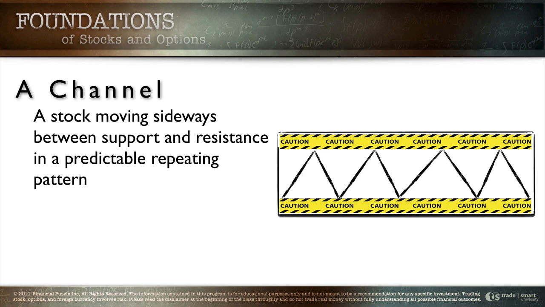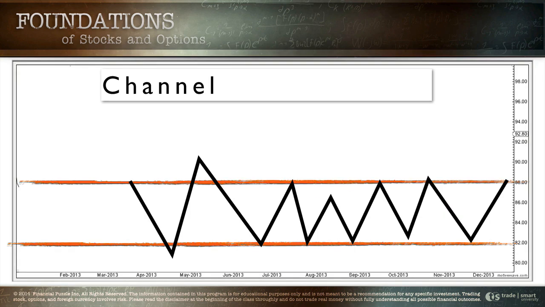That's all it is. And so as the stock rallies up into resistance, the selling pressure starts to build and it starts to sell off. As it sells off into support, the buying pressure starts to build and it starts to rally out of there. We can put this on multiple stocks. Lots and lots of stocks get stuck in channels. It happens all the time. And the principle is just the idea that the stock rallies up into resistance and sells off into support and rallies up into resistance. Now, this picture you see on the screen, this is theoretical.